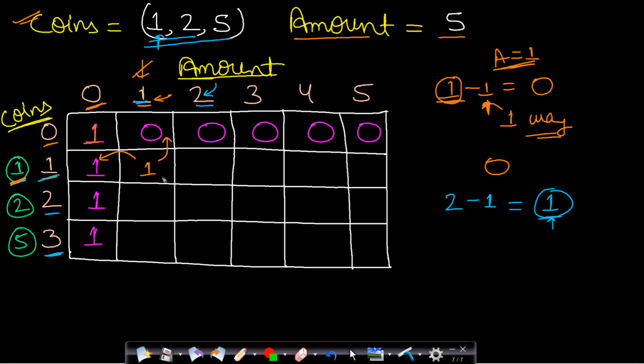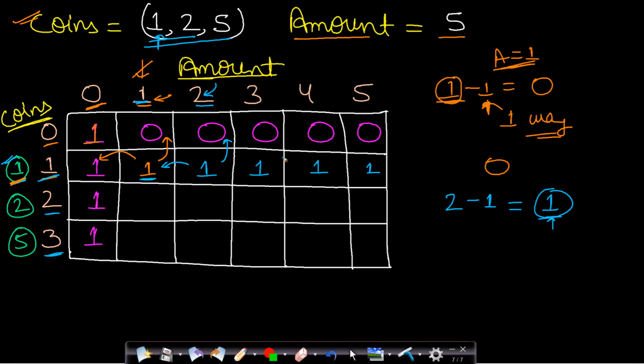Okay. So you will have to move to this column and we will have to remain in the same row because we are using other instances of this denomination as well. So we can form this amount 1 in one possible way, and if we exclude this one, then you will have to move up, and you can see that we can form this amount 2 in 0 possible ways if we do not have any instance of this coin 1. So adding these 2 will give you 1, and similarly for all these values, these all will be 1 1 1. Okay, so I hope you understood how we filled this first row.